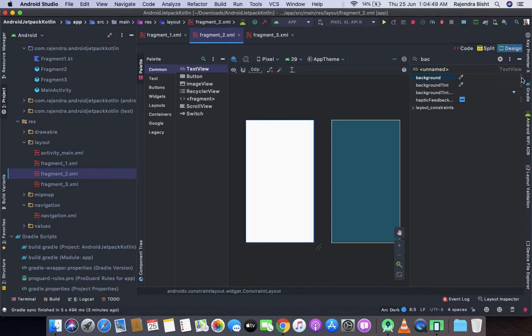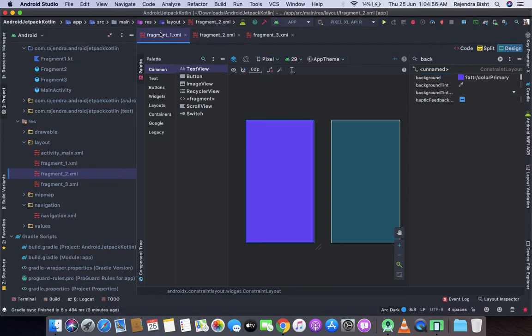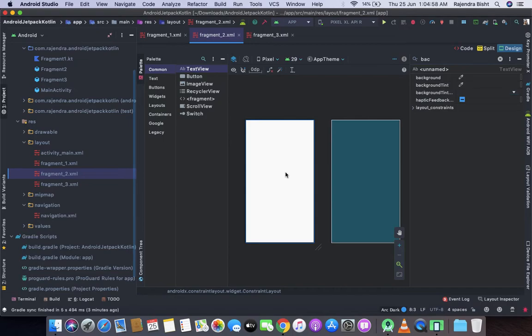Here I am changing the fragment background color so that when the fragment transaction happens, we notice the color of the fragment and can recognize it. Let's see what happened.